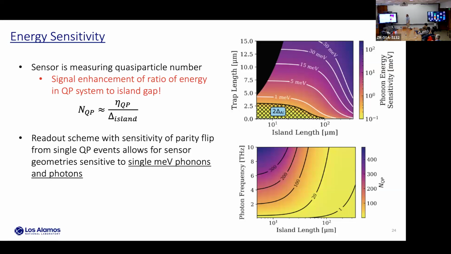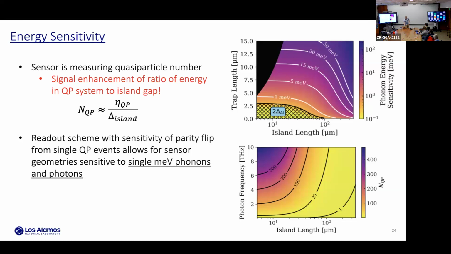And so to give a scale, for a 1 electron volt event, you would get thousands of quasi-particles that you could potentially measure. And since they've shown that these designs can achieve sensitivity to single quasi-particles, we can say if we have a threshold of a single quasi-particle tunneling, and we can work backwards through all the efficiency factors that we can model quite well, we can say, what does 1 quasi-particle tunneling event equate to in terms of phonons in the substrate? We get that we can easily design a device that's sensitive to single milli-electron volt phonons.